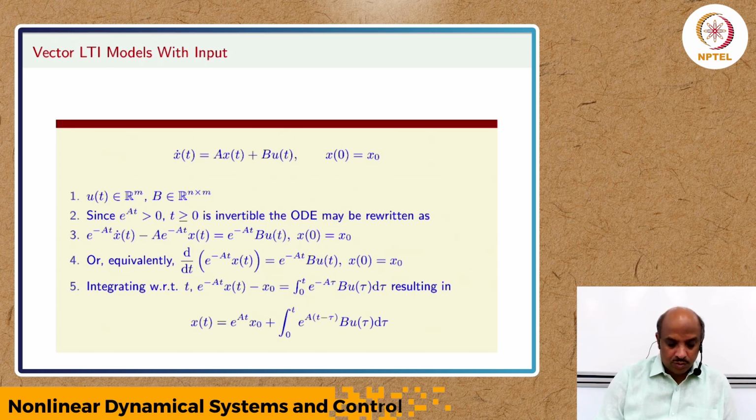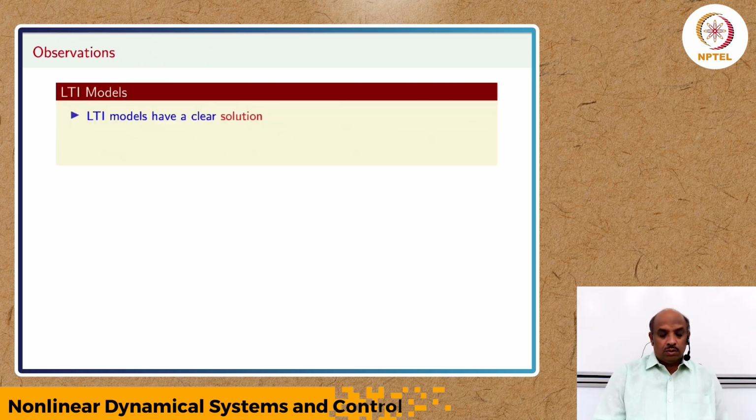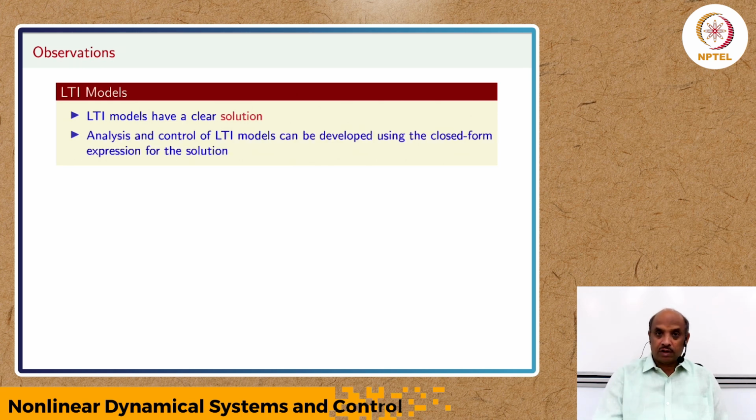The only difference, of course, is that the matrix exponential is defined for matrices. So clearly all LTI models, whether they are scalars or vectors, have a clear solution. Even if we have higher order differential equations, we can convert them through state space transformation and bring them into a vector form so that we can solve that particular problem. Therefore, since we have a closed form expression for the solution of LTI models,